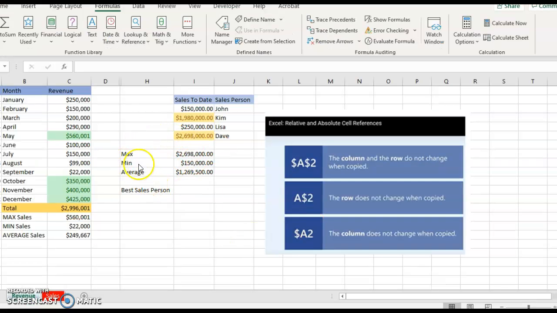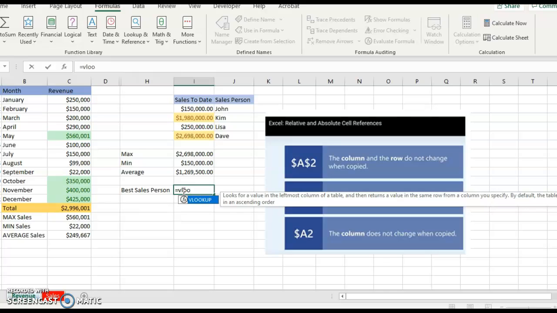So you'll see from here I've inserted the max, min and average as we did before, and so equals max I3 to I6, so it's putting in our max, min and average. But now we want to look up, if this was a bigger sheet and we'd like to see who the best salesperson is, so we need to look up that information. So we're going to double click, equals VLookUp,